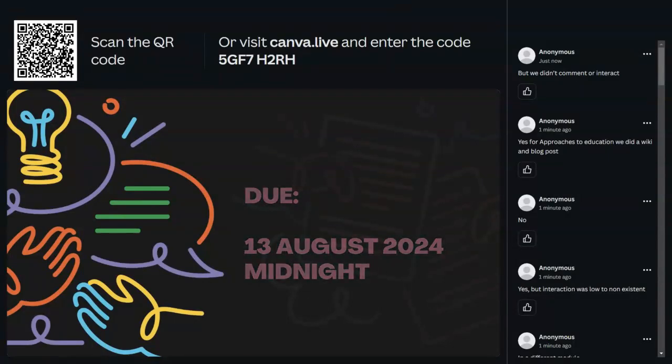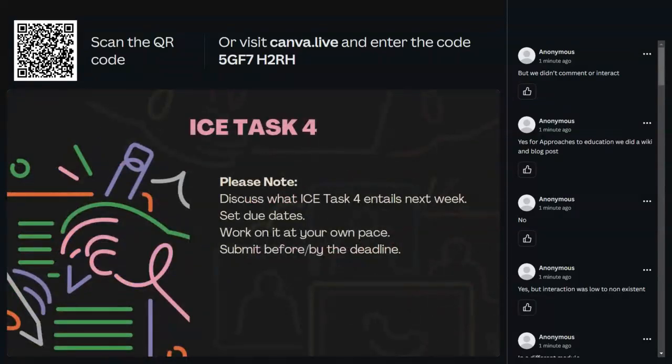Note that I'm concluding this ICE task, and if you give me the thumbs up tonight, I'm just loading the recording. I will not answer questions around this. I'll move on to ICE task 4. I think there was a hand up on the chat. You're more than welcome to speak now.